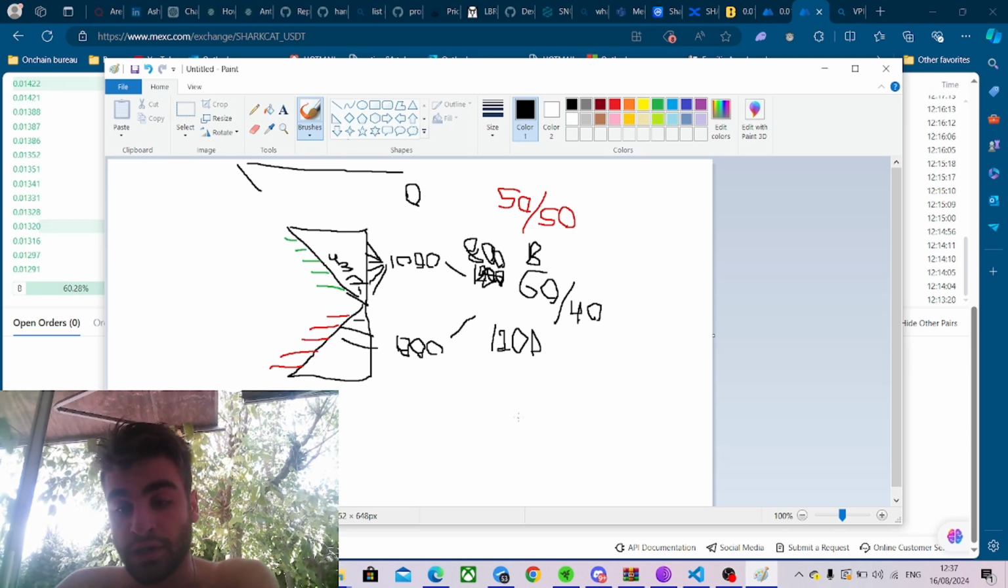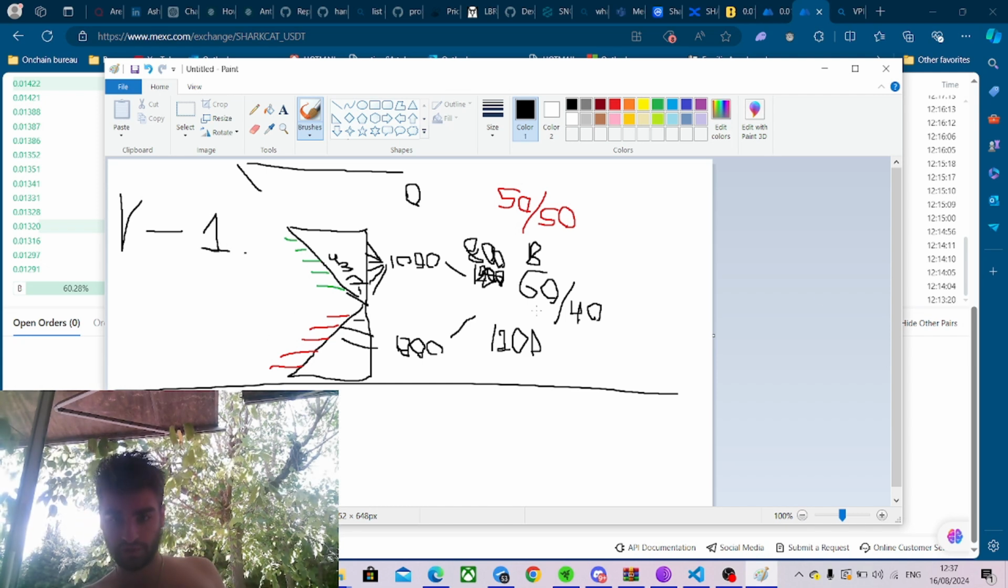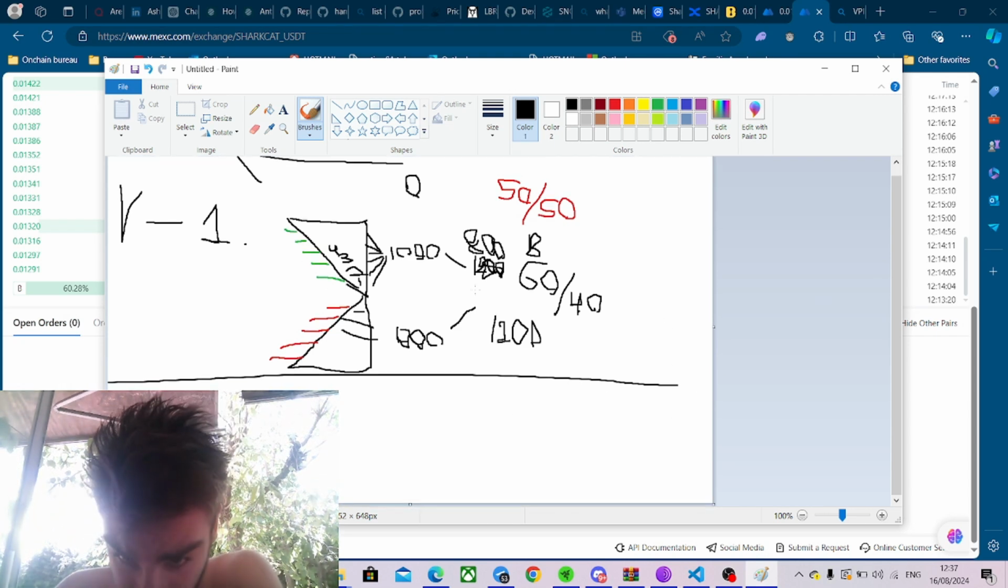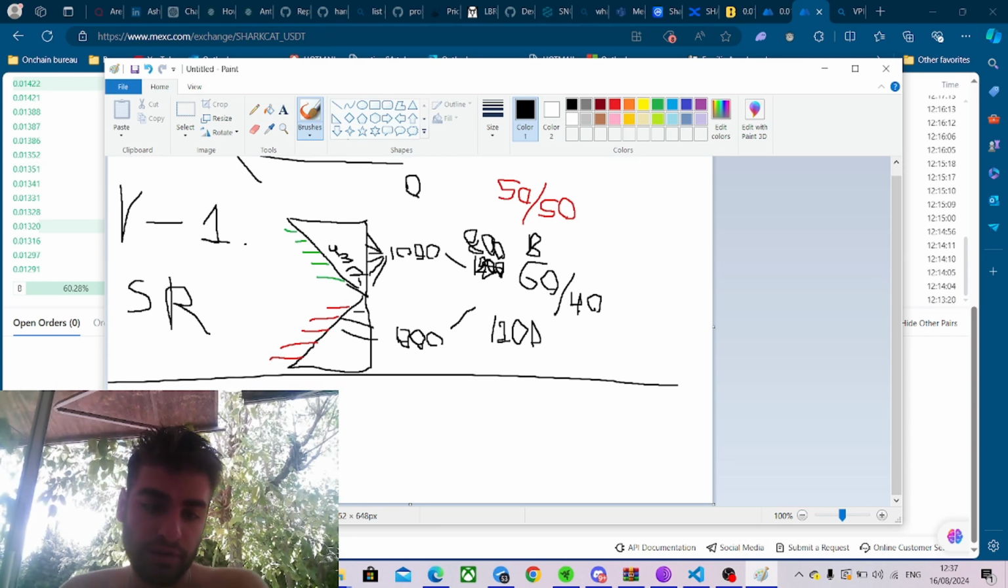So this is volatility, one. This is one of the things we do as market makers. We play with the volatility of the token, and we also play with the supports and resistance. Okay. Second thing a market maker would do,